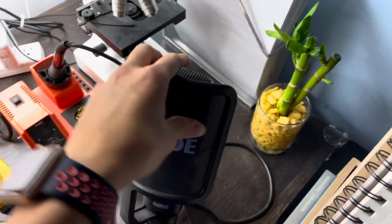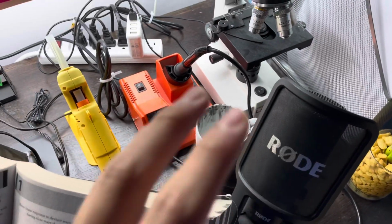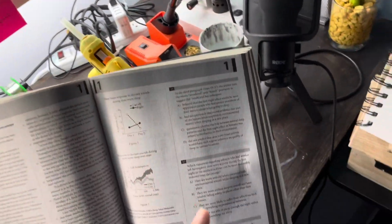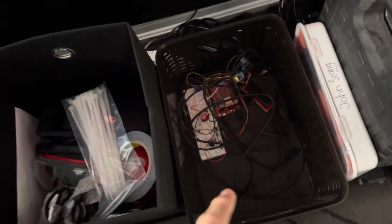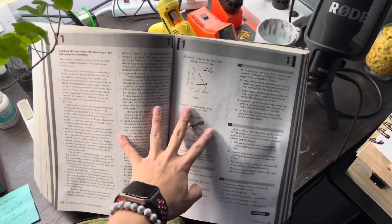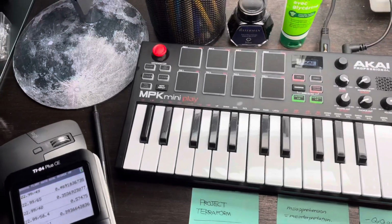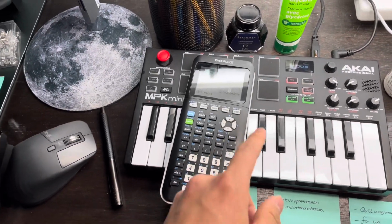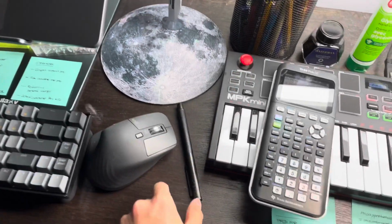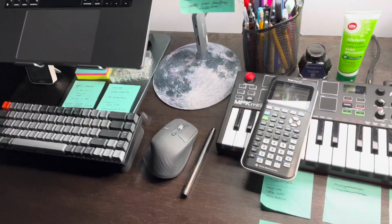like Jackie Chan. We got this Rode microphone, typically used for ukulele recording and vocals, but I'm terrible at vocals. So we got the soldering station, which I used for my GPS computer project, and I'm studying for SAT, so we got the SAT prep book. We got the TI-84 calculator here, and the MPK Akai keyboard, if I pronounce that right. We got the pencil holder, an ink for my fountain pen, which I typically use for note taking and notating on a textbook,